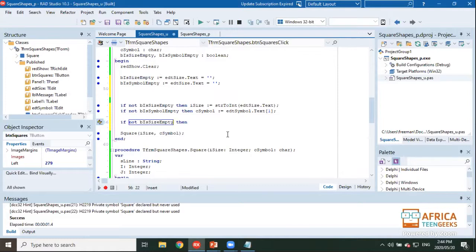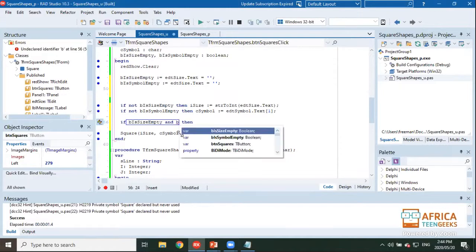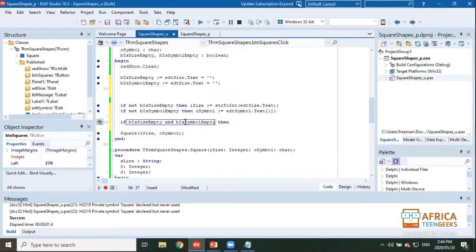I want to check if both of my edits have been entered in. So I'm saying if B size empty and B symbol empty. Okay, so if both of them are empty,